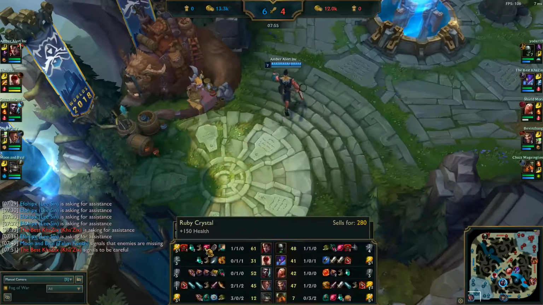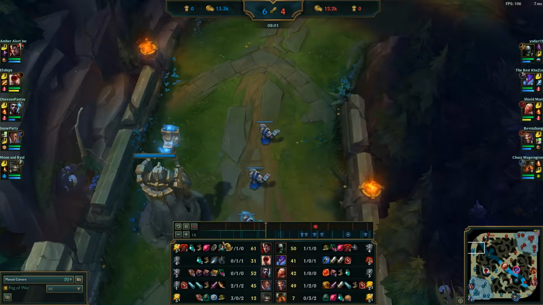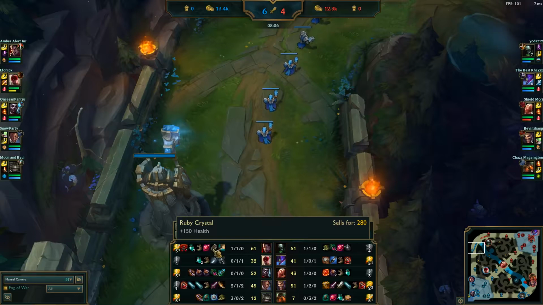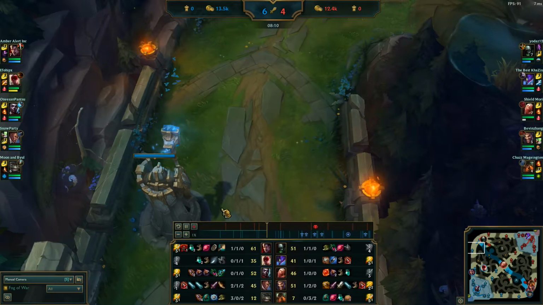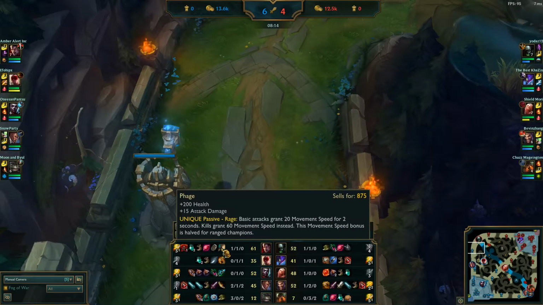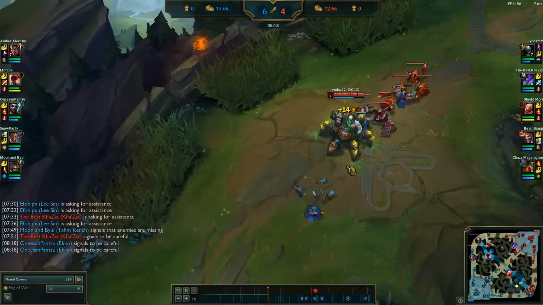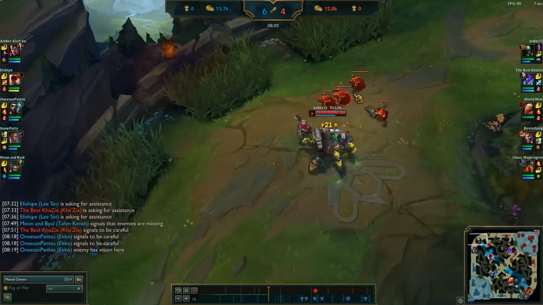Okay, so I backed for a Ruby Crystal, which is good because that's 150 more health. And if you already have a Phage, don't be scared. If you have 400 gold in the bank and you can afford to back, don't be scared to back for the Ruby Crystal, because then that makes your Black Cleaver only 1,350 gold. Because with just the Phage, it's 1,750, a 400 gold deduction. That's less gold you have to get the item. So it's important to back, and he pushed the wave, so I don't really...